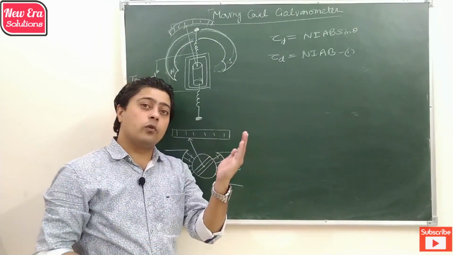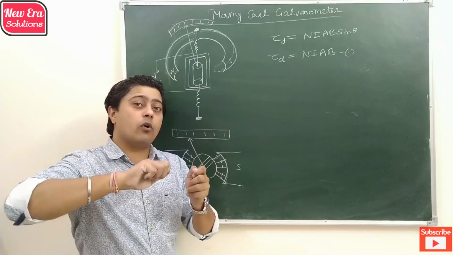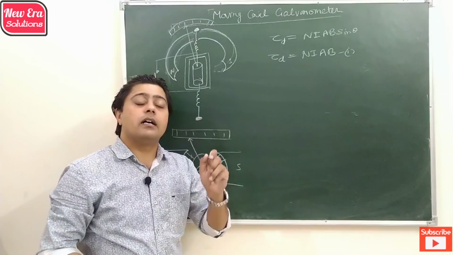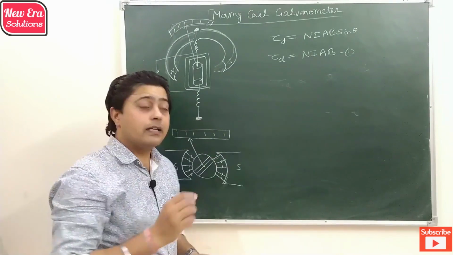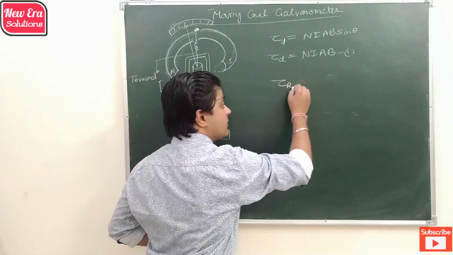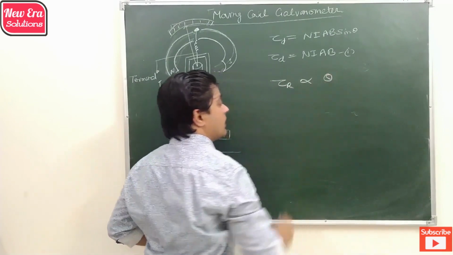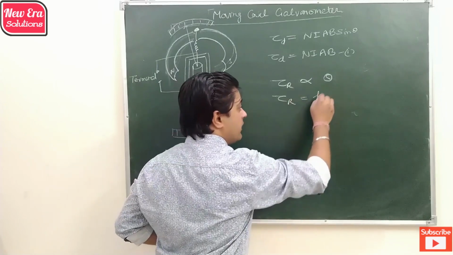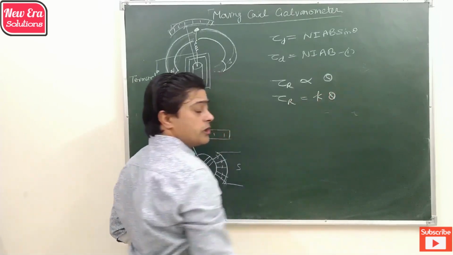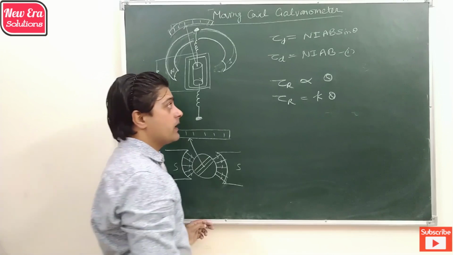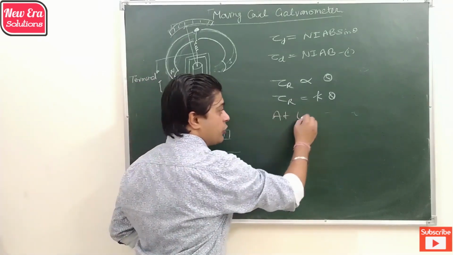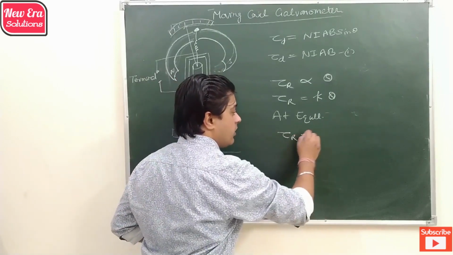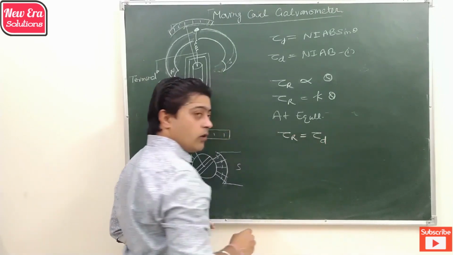Now as we know, when a spring is stretched due to a deforming force, it experiences a restoring force. Similarly, when the loop is rotated, the spring is also twisted due to the deflecting torque and it builds a restoring torque in it, and the restoring torque in the spring is directly proportional to the deflection angle. If we replace the sign of proportionality, we can introduce a torsion constant K for the spring.